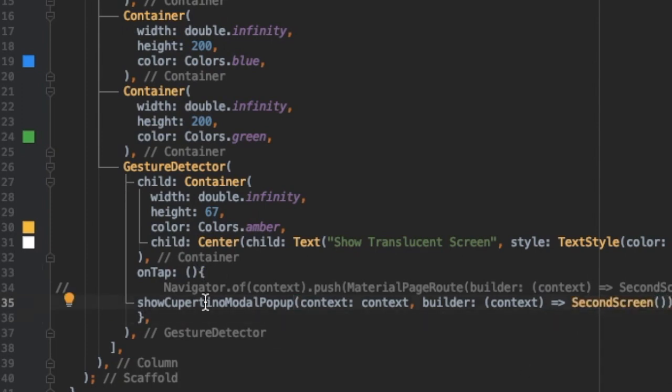Simple. So we are going to navigate to a new screen in such a way that it would be a Cupertino modal popup. Cupertino means the iOS framework, or Apple framework, which we are going to use inside our Flutter application. So let us save, and let us cold boot our application completely.